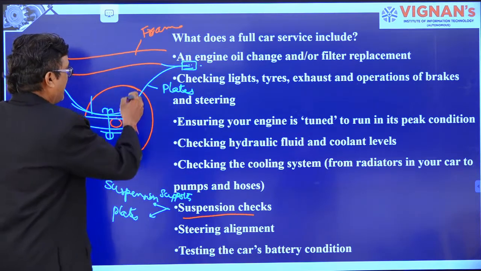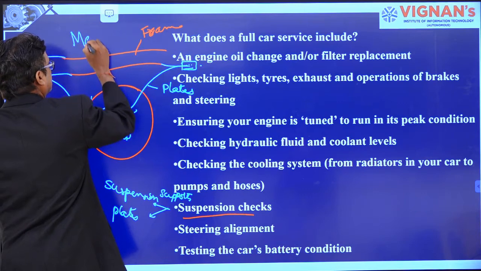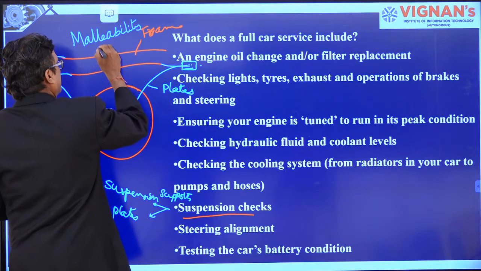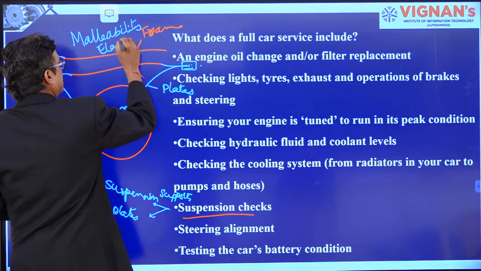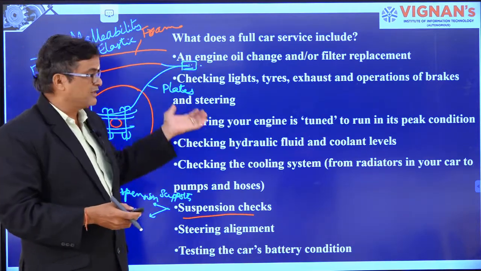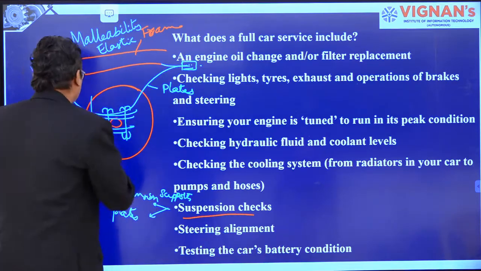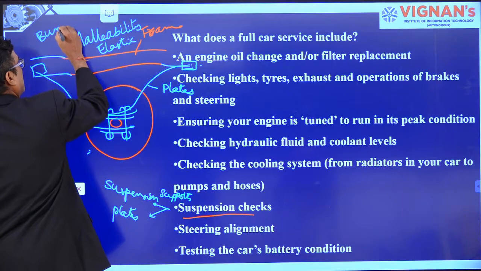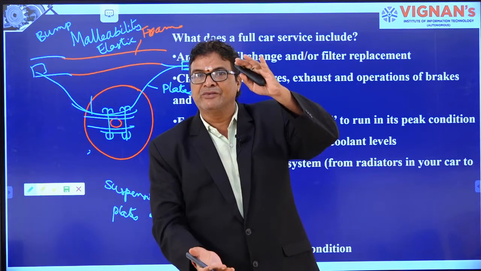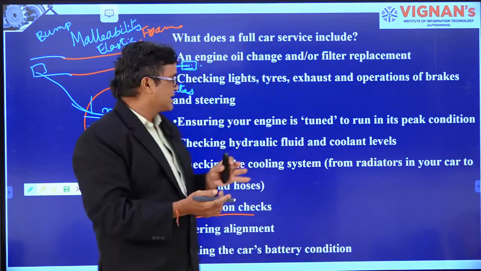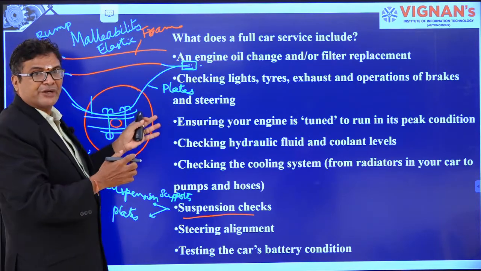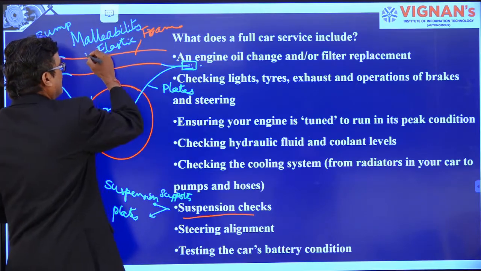The plates should have the property of malleability. They should be elastic enough to take the upward thrust or downward thrust when the vehicle is traveling through bumps and uneven roads, right. What happens is the wheel goes up, and as a result the spring will expand. This expansion and contraction will be proper if and only if it has a good